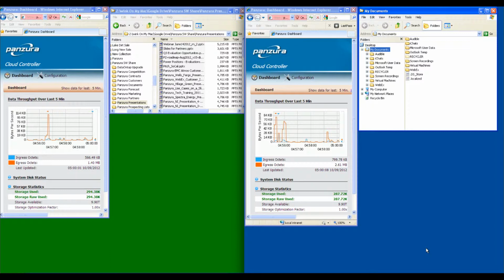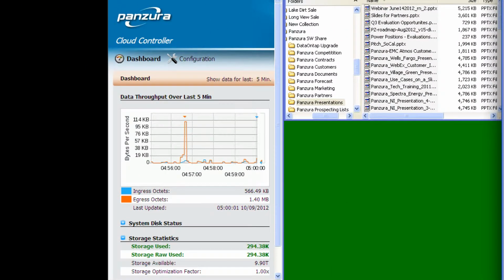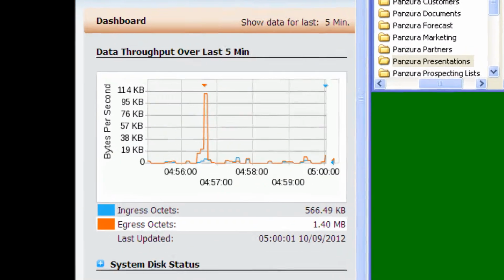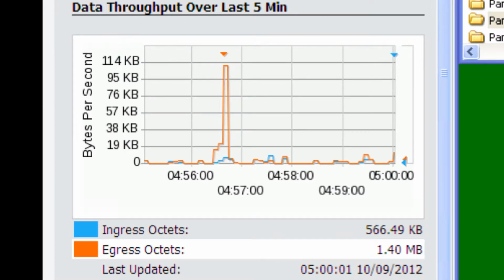Each desktop will show you up to 3 elements. Element 1 is the Panzura web-based GUI, running in the IE browser. The GUI is showing the main Panzura dashboard page. This dashboard shows you what the Panzura Cloud Controller in each location is doing. The key elements of the dashboard to notice are the line graph in the upper left, where you will see a blue line representing the data going into the Cloud Controller, and a red line representing the data going out